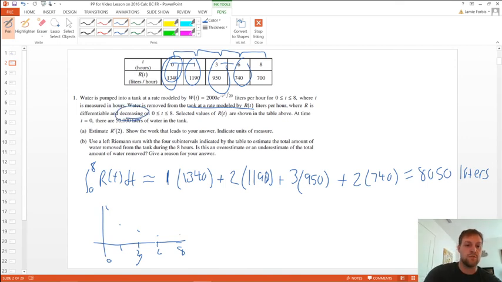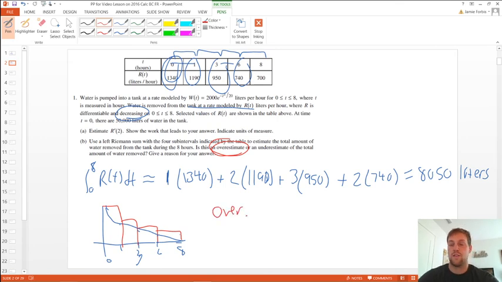So remember what a left Riemann sum does with decreasing functions. If I start off at 0 right here, what does a left Riemann sum do? It's an over approximation. You can even tell that. That's just the definition. So we're going to say that this is an overestimate. And the reason is just that